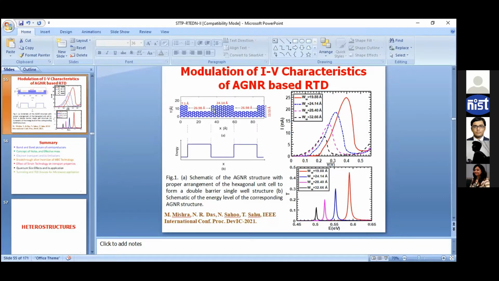As I have shown here, through certain techniques you can take any carbon atoms and design any type of shape. If you see here, this is a simple quantum well, by modulating the structure. So when you want to make a contact of graphene with, for example, n-type